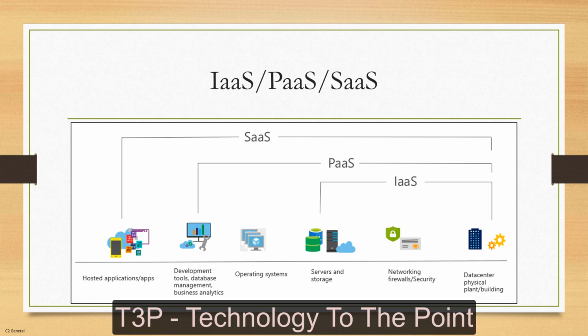If we look at all these service models together, these are the components which come into the picture when we plan to deploy our infrastructure, or we can say plan to deploy our application. So how does it work? We have the data center, or we can say the physical building. Then we have the networking inside that building. Then we have the servers in racks in the data center. Then on those servers we install the operating system. On the operating system we deploy our tools, database, whatever tools we want.